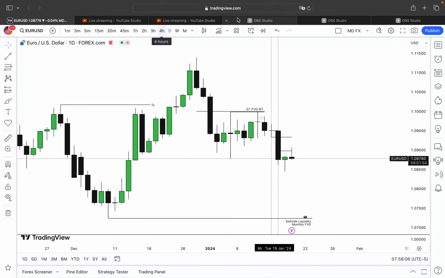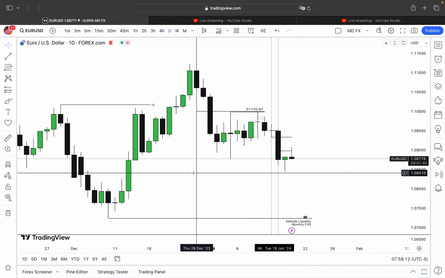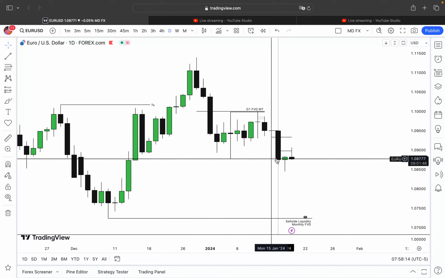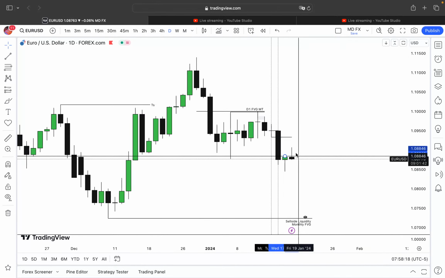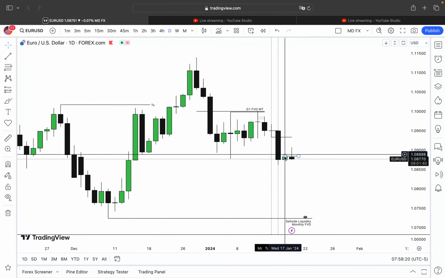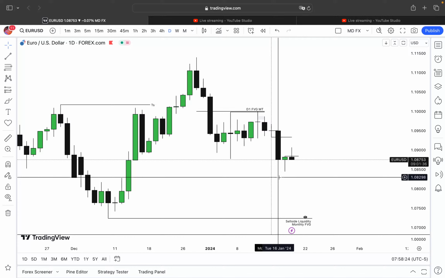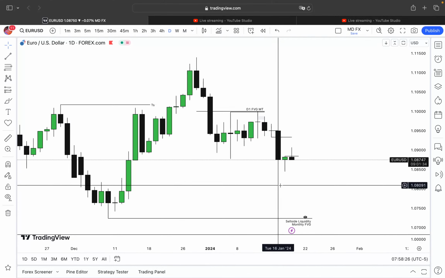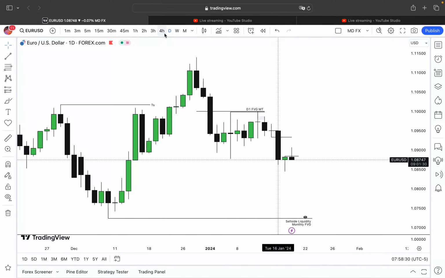Today I'll be following our usual protocol. Based on what happened yesterday, I said I was looking for price to tag this on EUR/USD. I was hoping yesterday would create a fair value gap, which it did. You can see it created this daily fair value gap that we're working with right now. It tagged that fair value gap today, and that was where the high of the day was created.